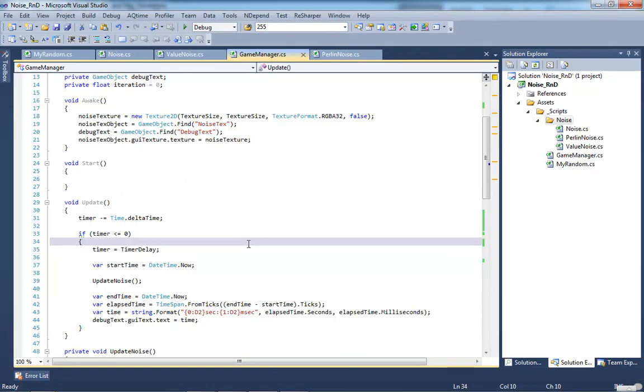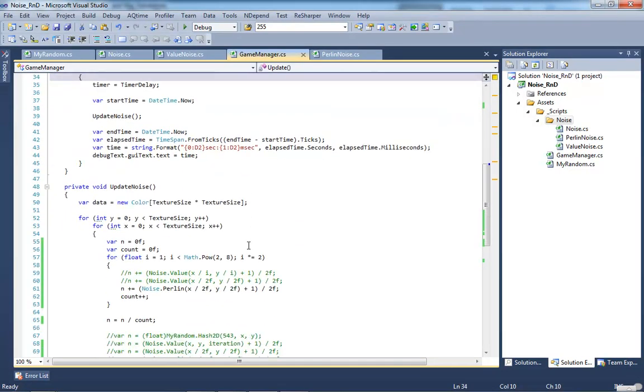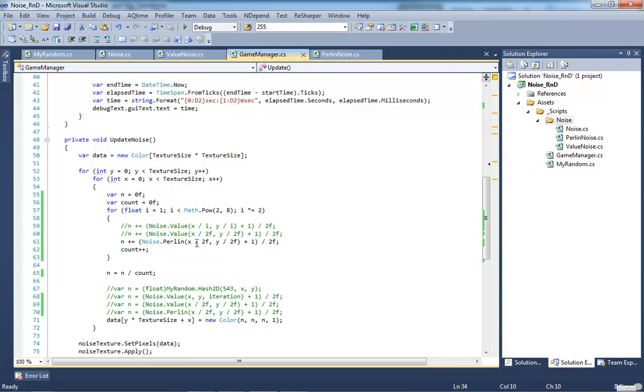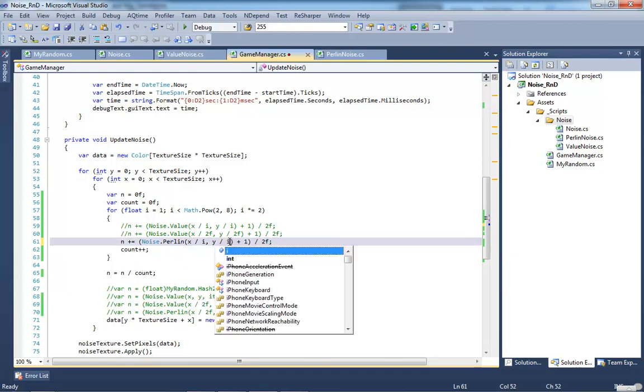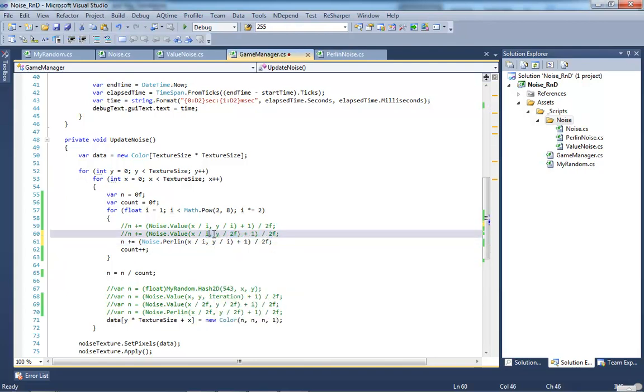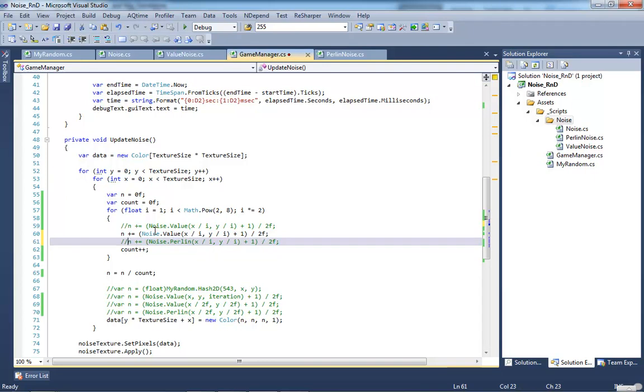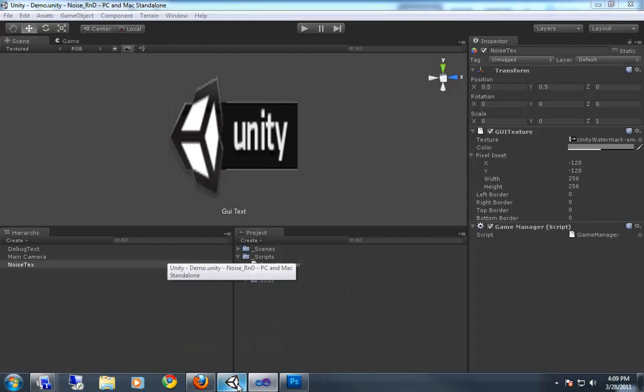All right, so now part of that is I didn't divide by i. So I'm running a lot of iterations over itself. So good catch on that one. So now we should have our octaves each getting a little bit more coarse along the way. So if I run value noise,